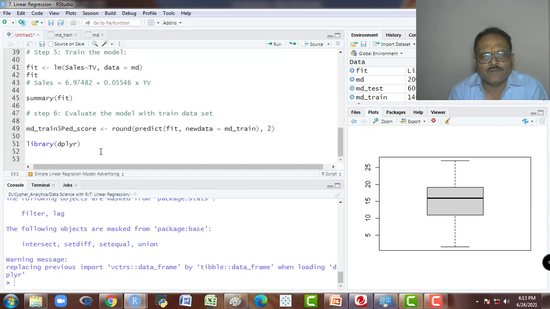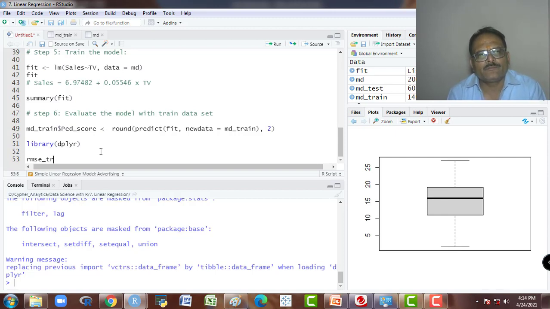Now I will measure the RMSE, root mean square error, the residual error we got there. RMSE is an absolute measure, not a relative one. R squared is a relative measure.